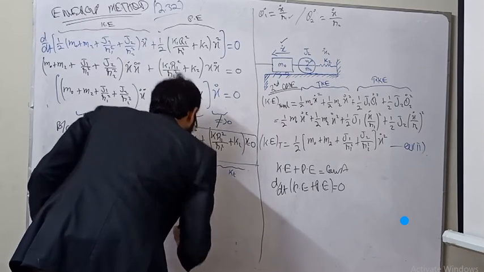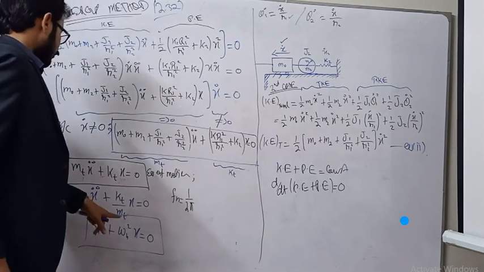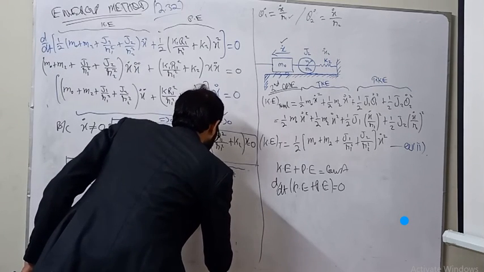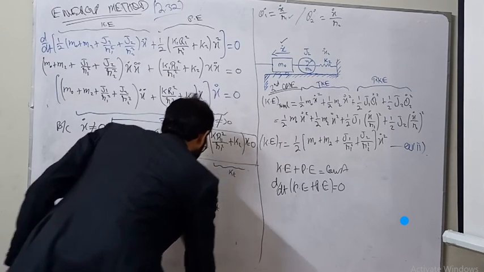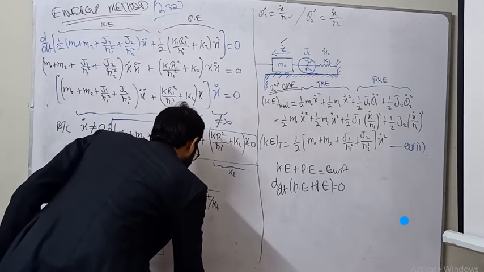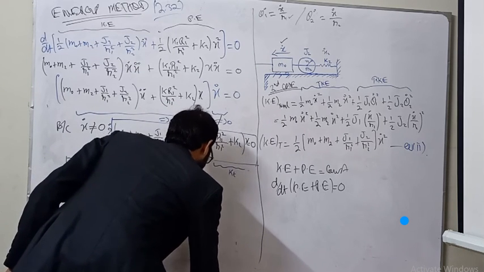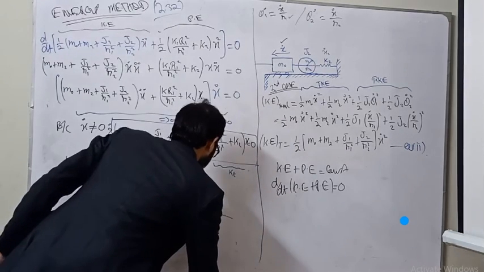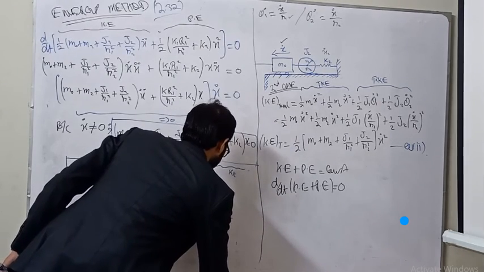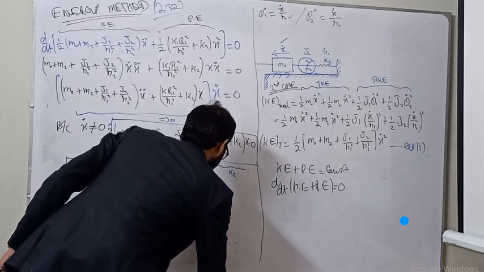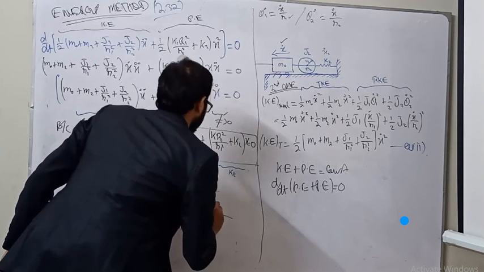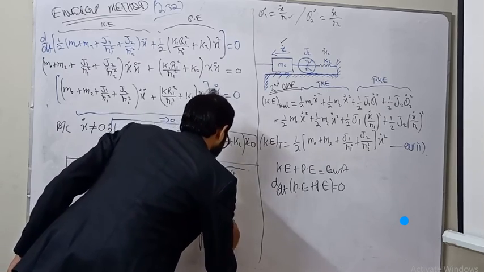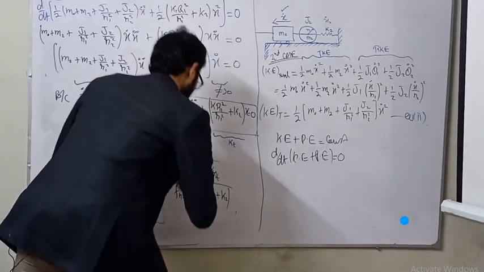So we have Fn equal to 1 by 2 pi into the square root of kt over mt. Finally, Fn is equal to 1 divided by 2 pi into the square root of, so what is kt? kt is written here as K1 capital R1 square divided by small r1 square plus K2. So this is kt.